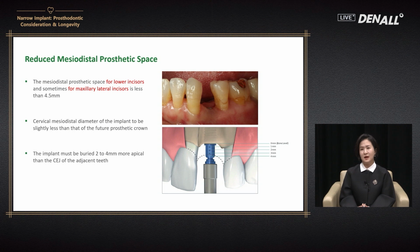In the case where the mesiodistal space is reduced, a narrow diameter implant can be placed, especially for maxillary lateral incisors and lower incisors. If the mesiodistal space is less than 4.5 millimeters, a narrow implant can be placed. For the desired emergence profile, the implant must be buried 2 to 4 millimeters more apical than the CEJ of adjacent teeth. In a central incisor,